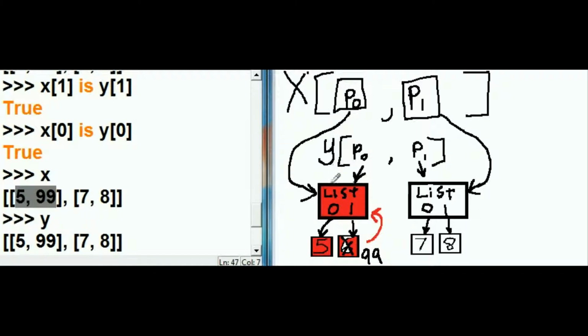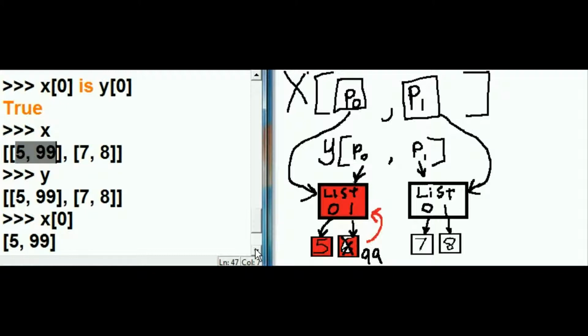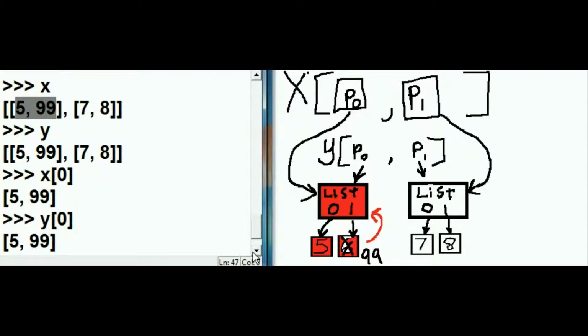Because both of these placeholders are referencing the list. The list references the numbers. Change the numbers, the list changes. The list changes, both x and y change in the 0th element. Wow. So I key in x0, and what do I get? 599. I key in y0, what do I get? 5 and a 99. These two, the 0th element here and the 0th element here, are joined at the hip